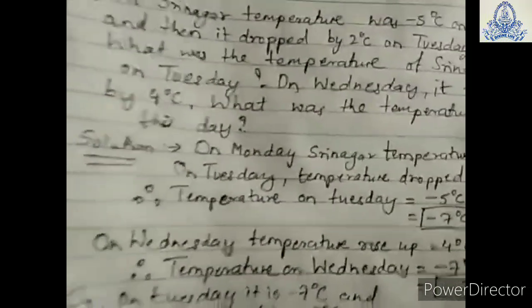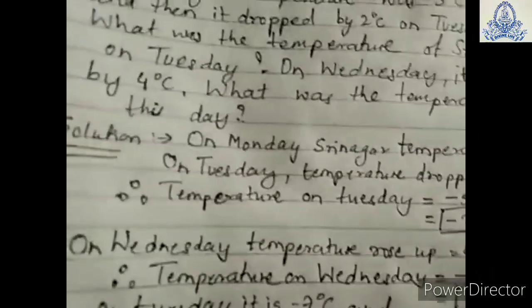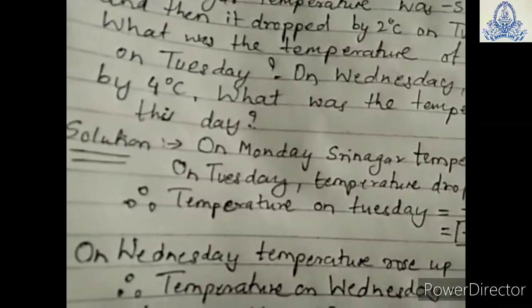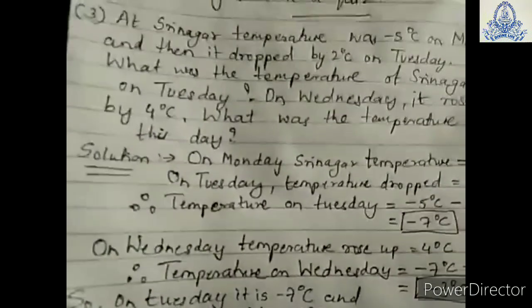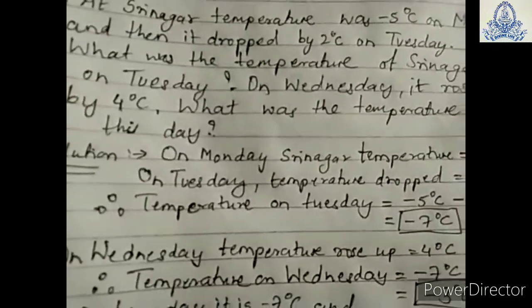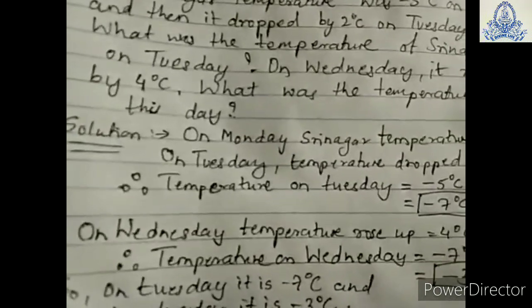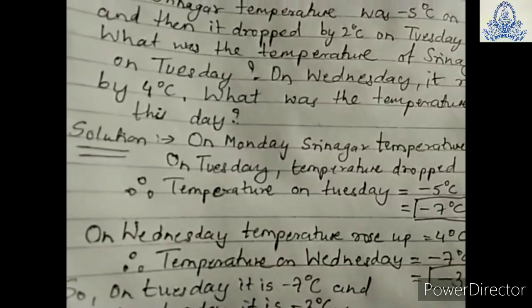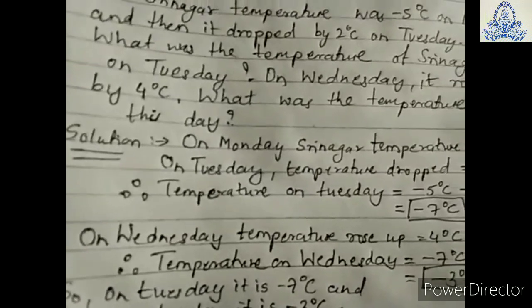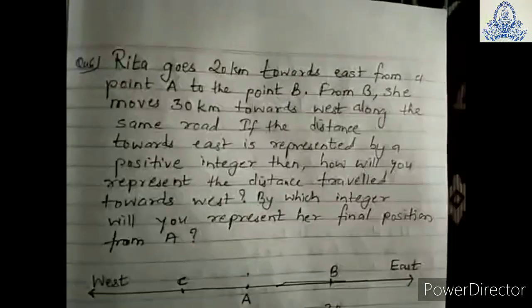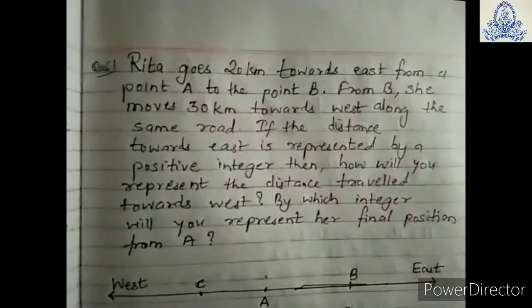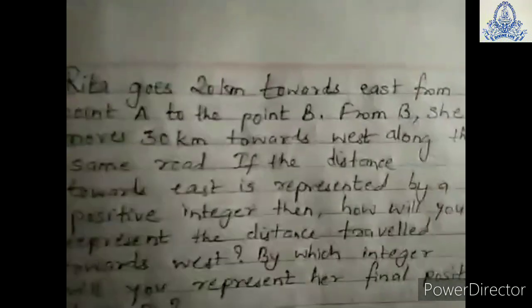So students, after this, question number 4 and question number 5 you have to try at home. They are similar to the questions we have solved, question number 2 and question number 3. In the same way you have to do 4 and 5 at home, and I will be coming back to question number 6 onwards. We will do exercise 1.1, question number 6, a very good question.